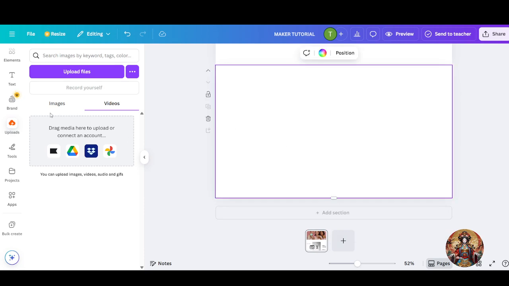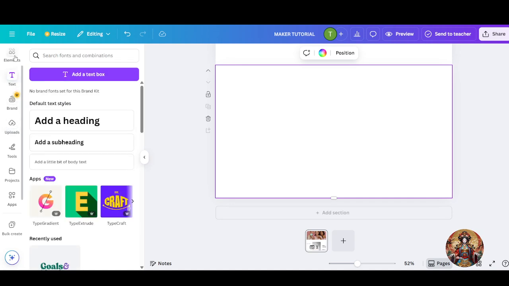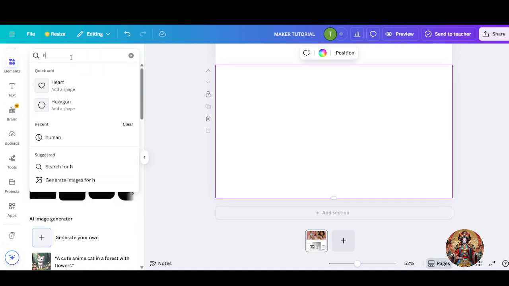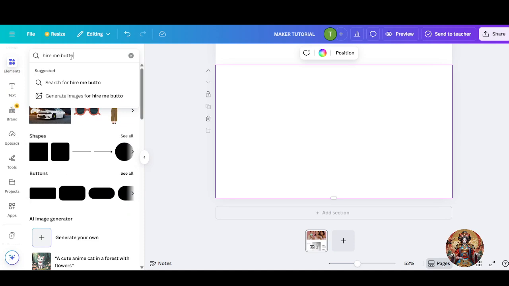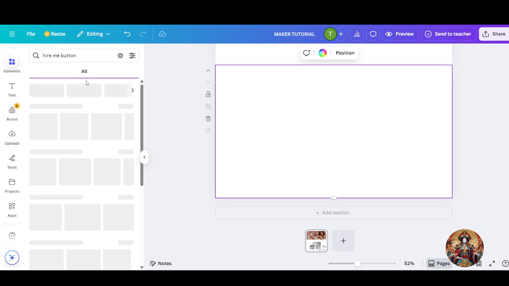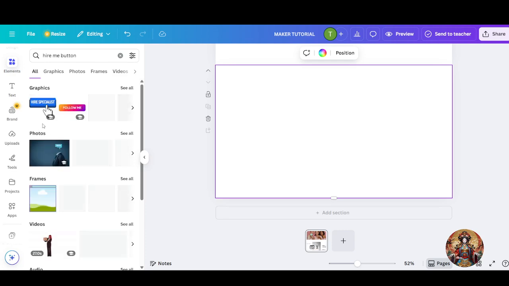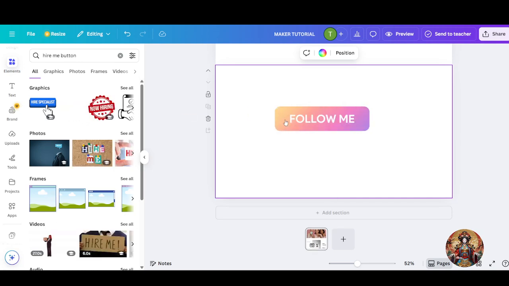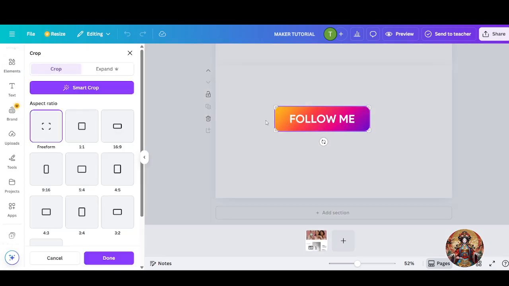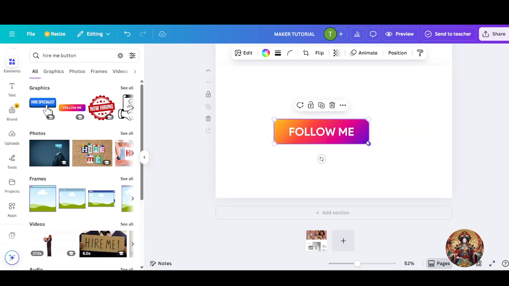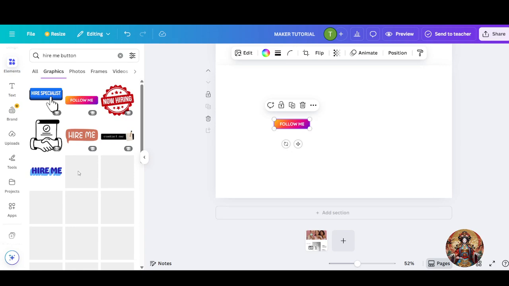So for doing that, what you can do is just simply go into elements and search for the hire me button. You can change, I think, the text. No, you cannot change. For example, this is a hire me button, or this one. Wait, let me search in the graphs